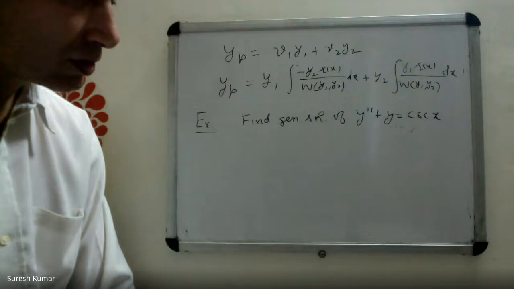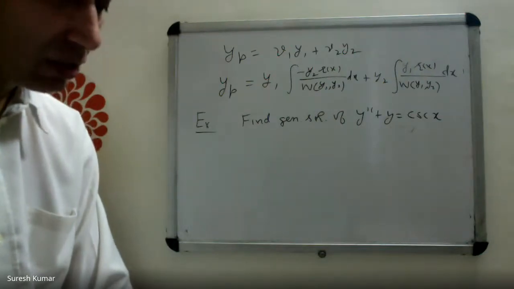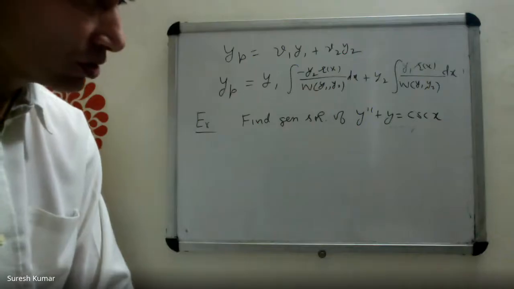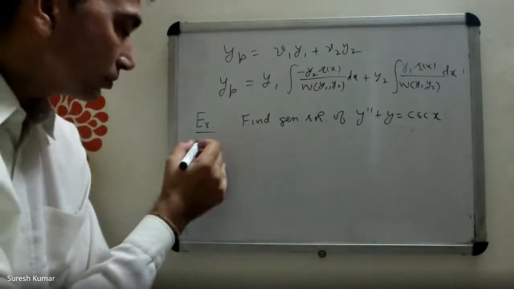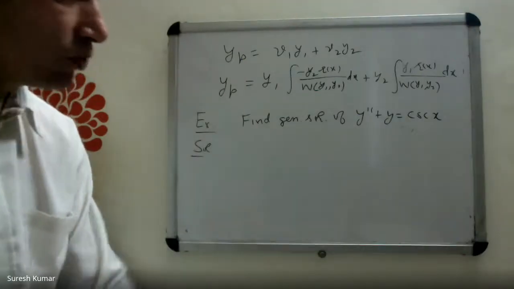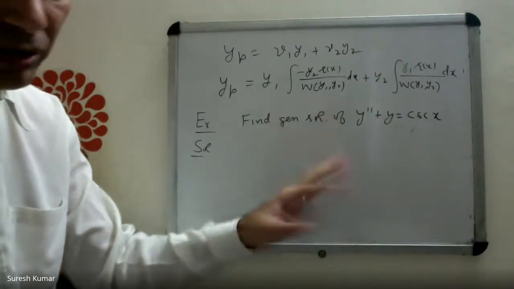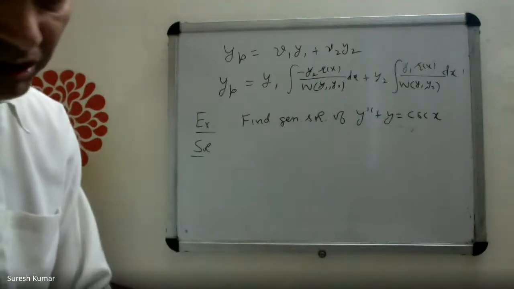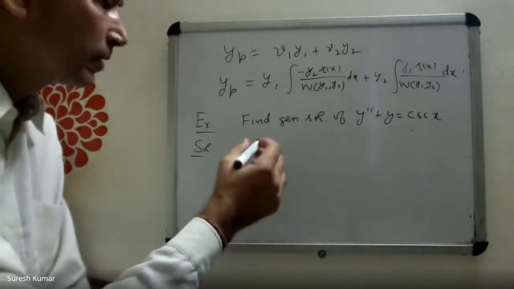So no, the derivatives are not coming independent. They are going on. Cosecant x, you keep on differentiating, you will be getting new and new functions. All right. So let's apply the method of variation of parameters for finding yp. Remember that method of variation of parameter gives you only yp, not yh. Yh you have to obtain using the earlier methods for solving homogeneous differential equation.